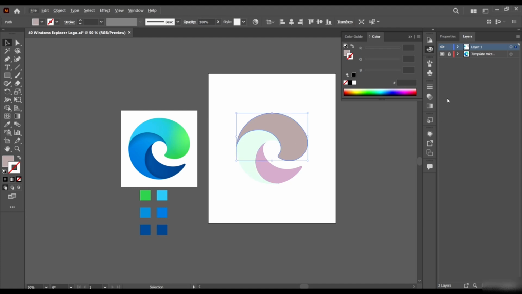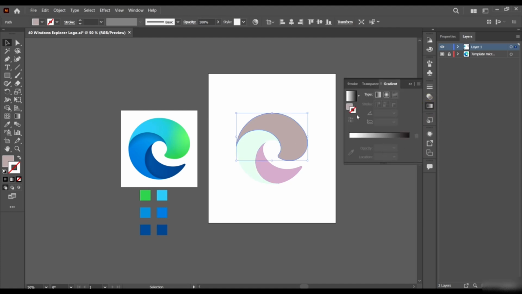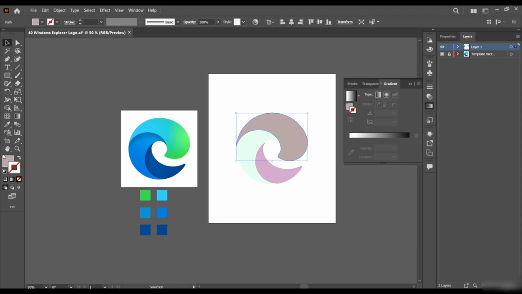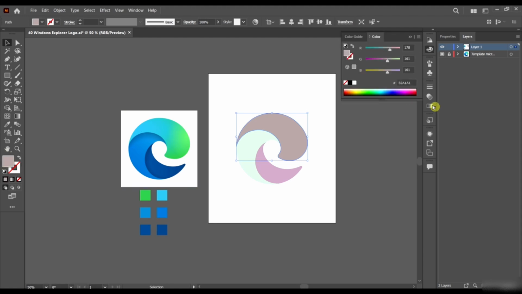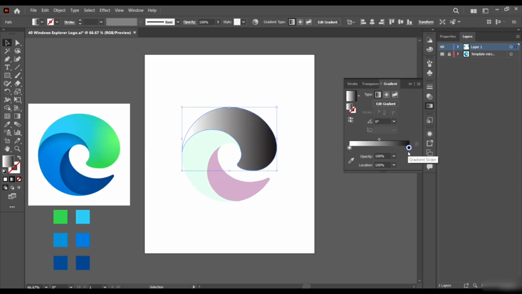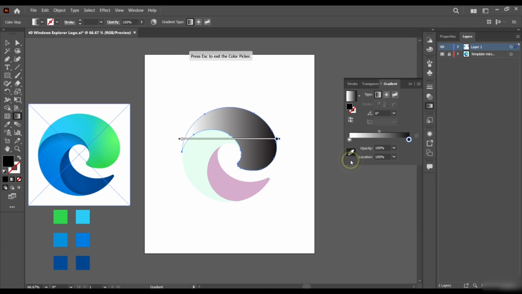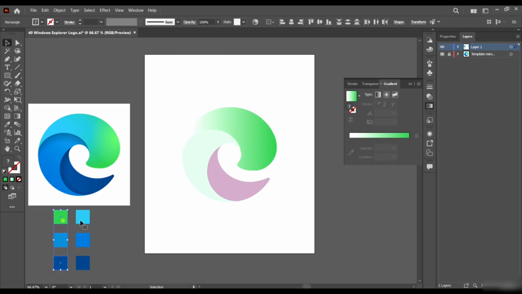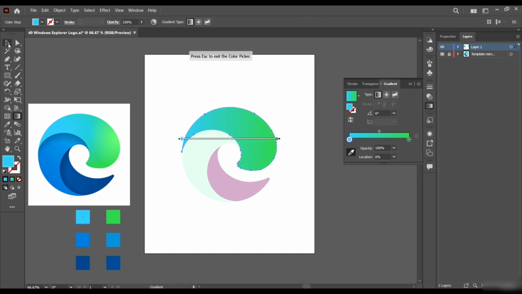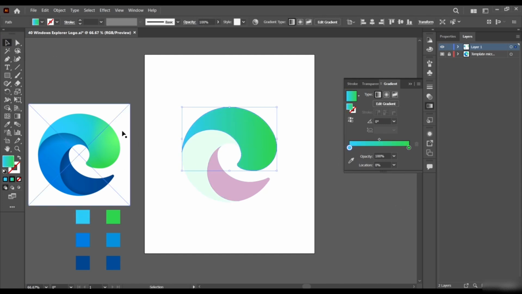The next thing to do is to create our gradient. So just come to your gradient tool and give this a gradient, and presently it's on the stroke, so I'm just going to remove the stroke and click the fill, and then give it a gradient. Now on the first color, come here and select this first part and select this eyedropper tool, and then give it the green. Let's just select these colors and drag them here so we know that they are the first ones. So give it the green because the green is here, and select this one and give it the blue.